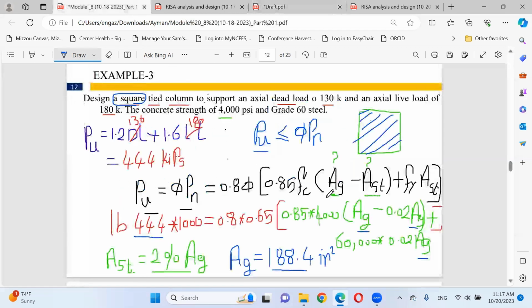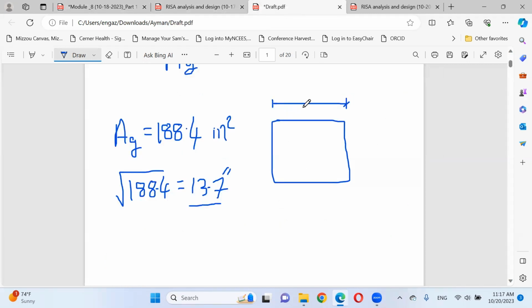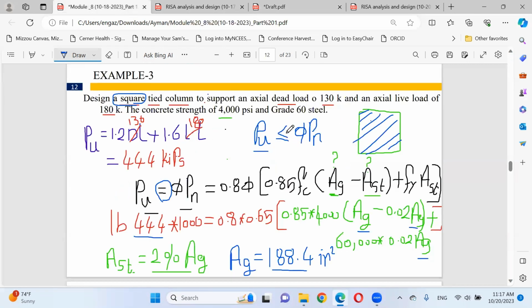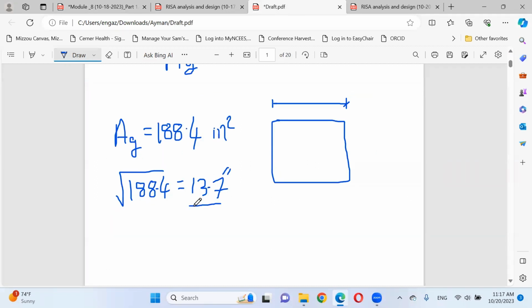As I mentioned before, your P ultimate must be smaller than or at least equal. So I'm assuming at least equal. But if you increase the dimensions of the column, you will be in this situation, which is smaller than. That makes sense? So this is the minimum. It's wrong to assume 12.